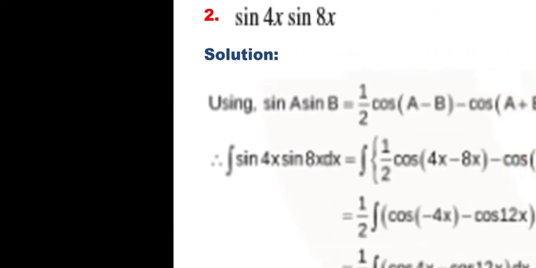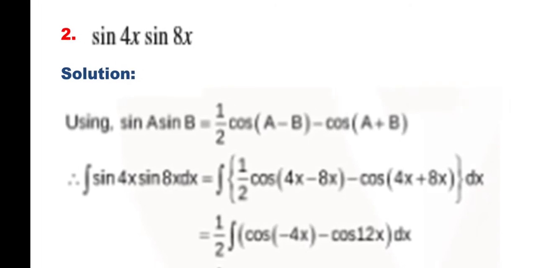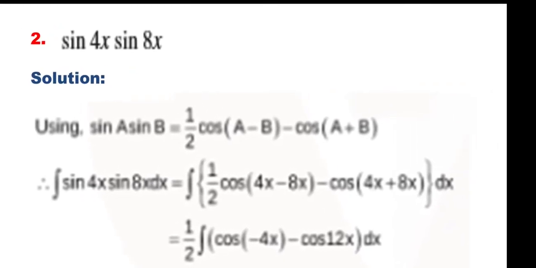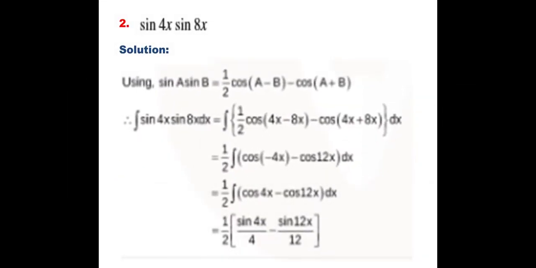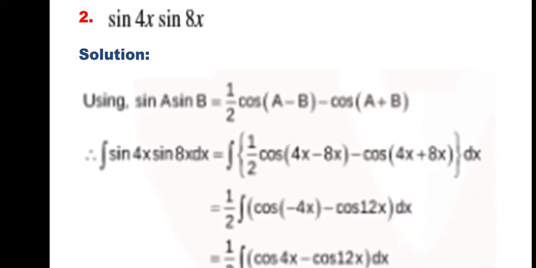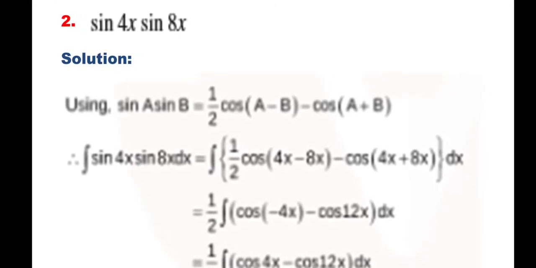The next question is sin 4x sin 8x. So students, we have to use the formula for sin A sin B first. Here A is 4x and B is 8x. So we know that for sin A sin B, the formula is half of cos A minus B minus cos A plus B. So integration of sin 4x sin 8x dx can be written using this formula, integration of